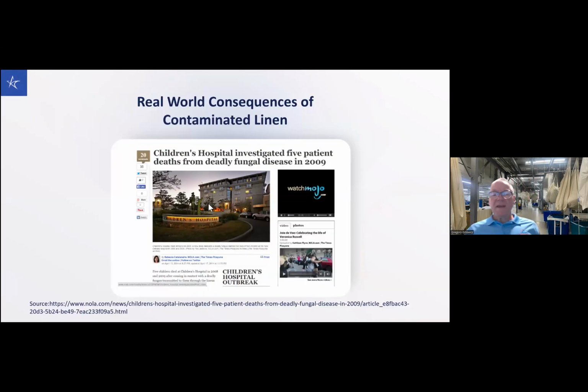Okay, so I'll end on a sad note. Here's some real world consequences of contaminated linen. At Children's Hospital in 2009, five children tragically lost their lives, and it was traced to contaminated linen. The linen was cleaned, but it was contaminated on the way to the hospital. It wasn't covered up in the finish area, the staging area of the laundry,